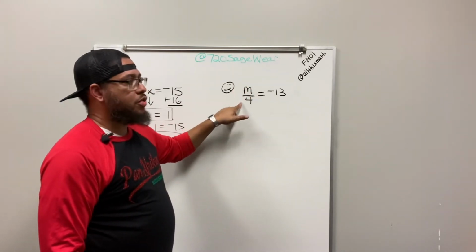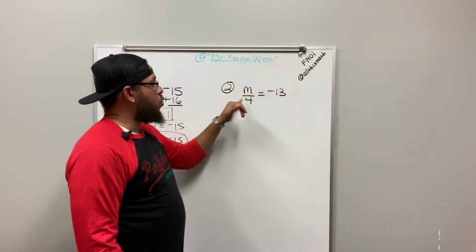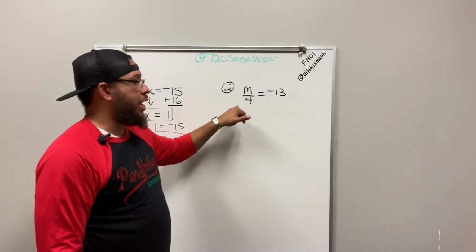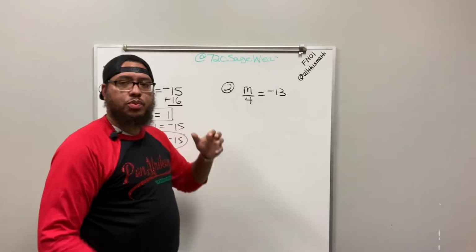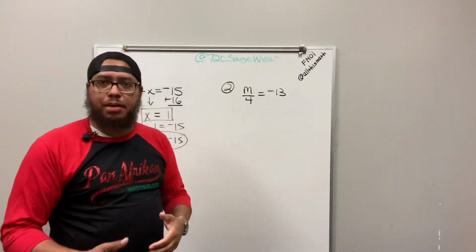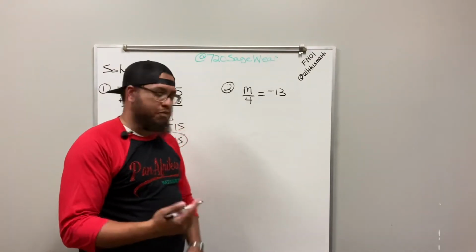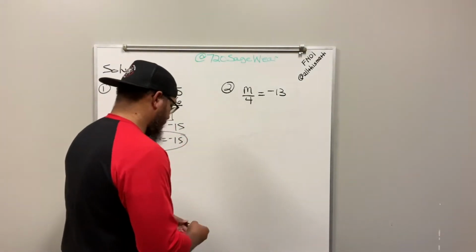I got to get rid of this 4. So ask yourself, what is 4 doing in this problem? 4 is being divided. So we got to do the opposite of dividing by 4, and the opposite of dividing by 4 is multiplying by 4. So I'm going to multiply by 4